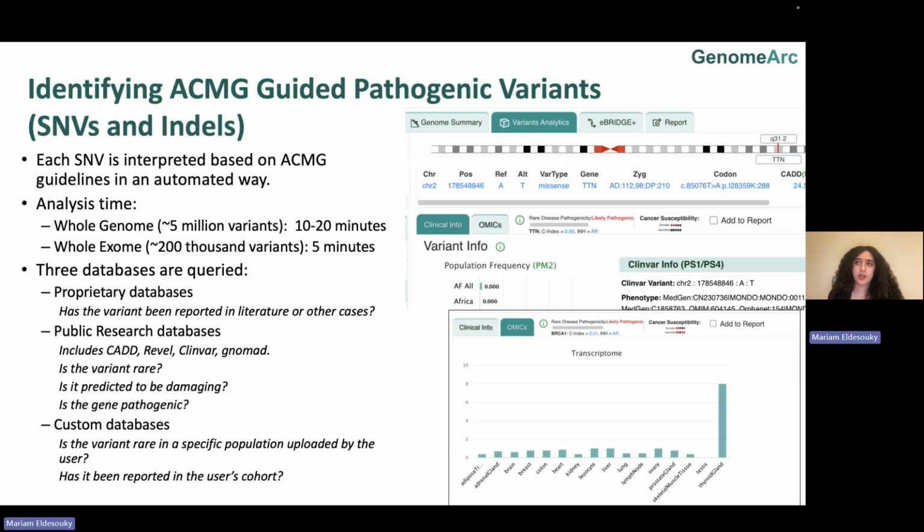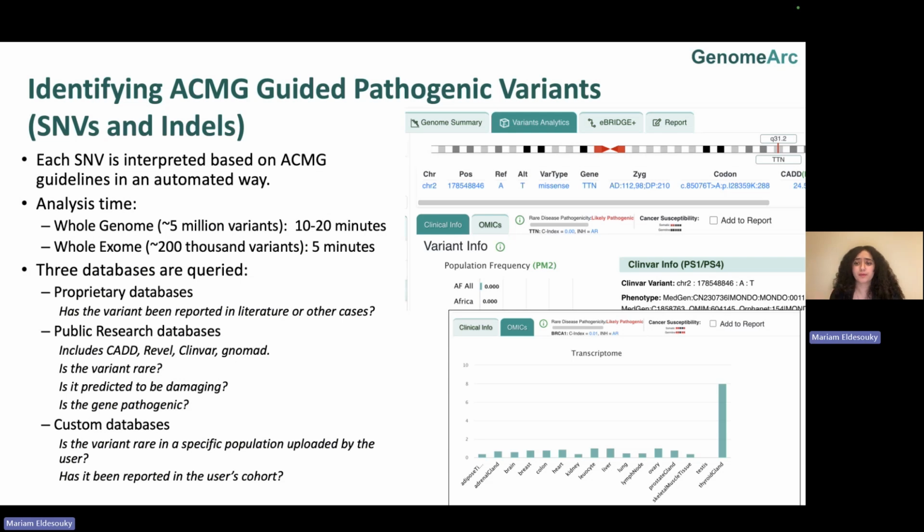So when you look at variants, the main question you need to ask is, has this variant been reported in previous cases where it's impacting a patient or case with the same phenotype, for example? In that case, this would be in proprietary databases that are derived from literature and from other research collaborations and are unique to Horizon, for example, or if you do a literature search yourself. So that's one way. And then the second thing is, is the variant rare? That would be looking at gnomAD. Is the variant predicted to be damaging? So that would be looking at the scores of CADD, REVEL,